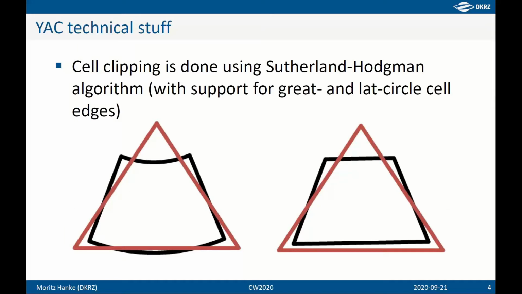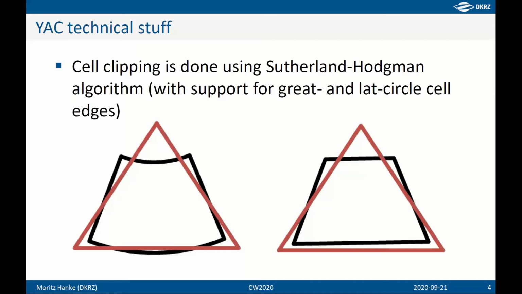Now some technical issues. We've seen before that SCRIP has a couple of problems close to the pole. One of the problems is that it doesn't explicitly support latitude circle cell edges. And here you see one of the reasons, because if you see a Gaussian cell that is close to the pole,